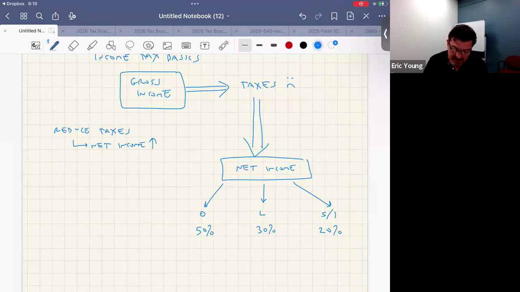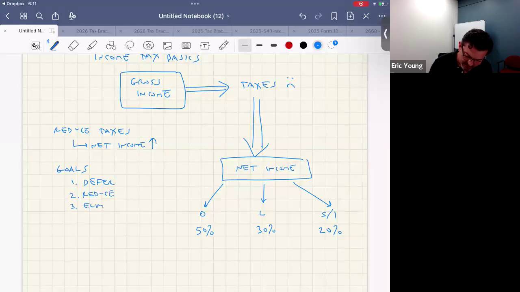And in fact, when it comes to a straight personal finance perspective, you obviously want to understand taxes and the jargon and the lingo, but you really have a couple of broad goals. And those goals are to either defer, reduce, or eliminate your taxes. If you can defer the taxes, you say, I'm going to make the money now and I'll pay tax on it later, thus freeing up cash flow now and letting you take advantage of the time value of money. To reduce your taxes right now,